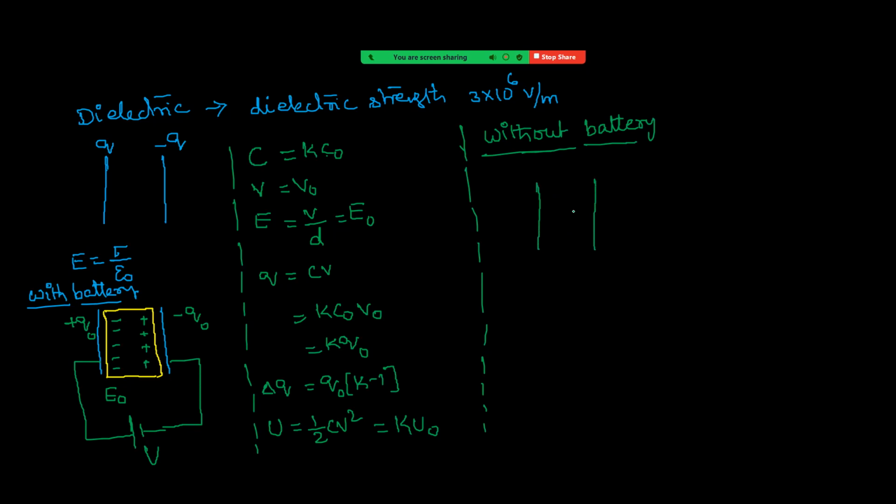So now there is no battery. The capacitor is charged, and after that the battery is removed. Now insert the dielectric. Okay. So when you insert the dielectric after removing the battery,